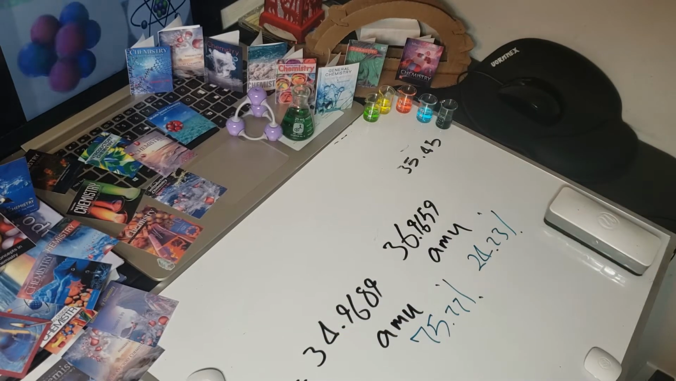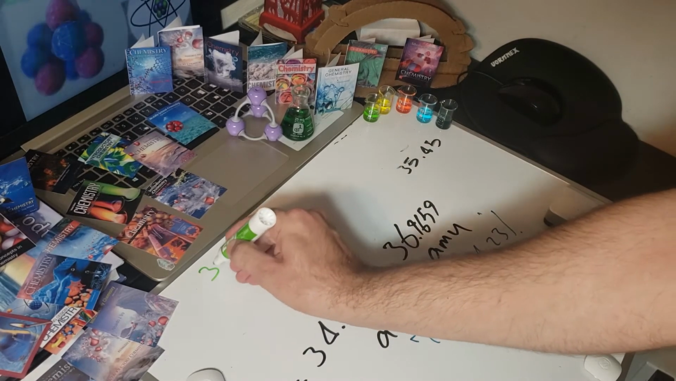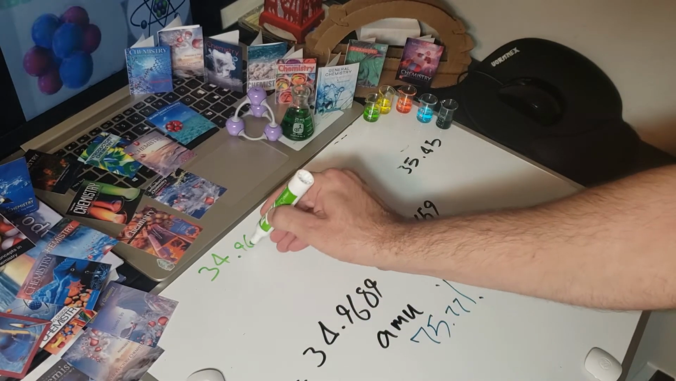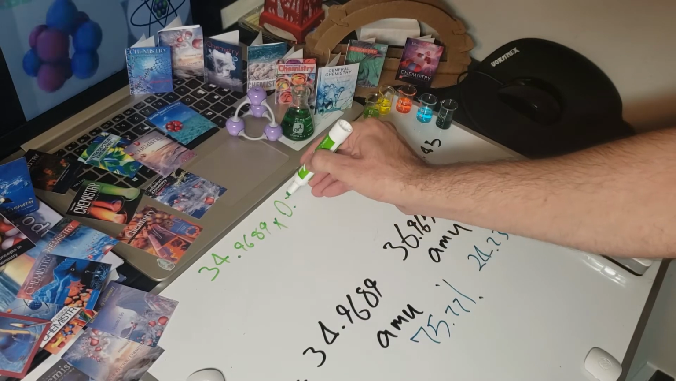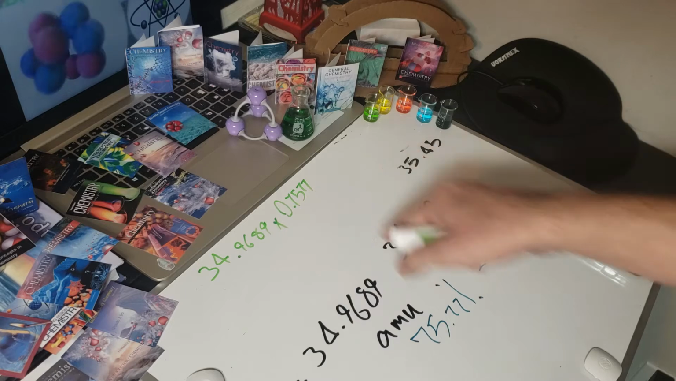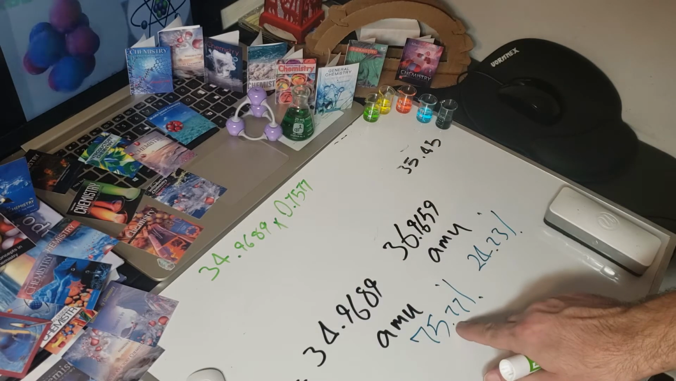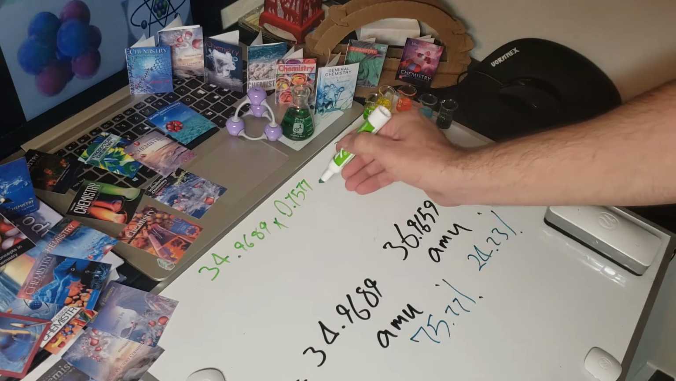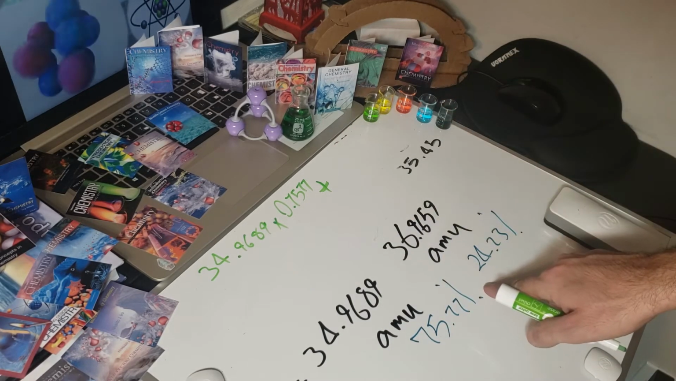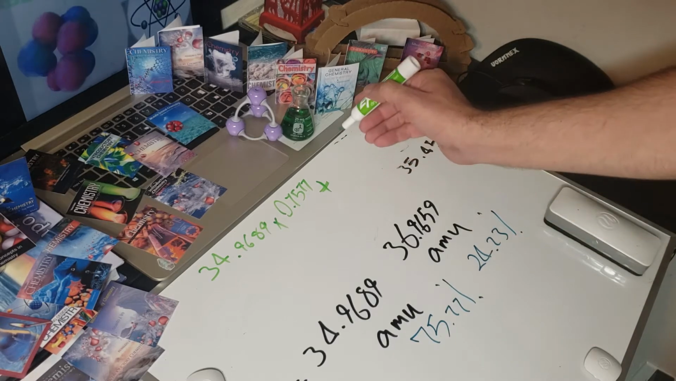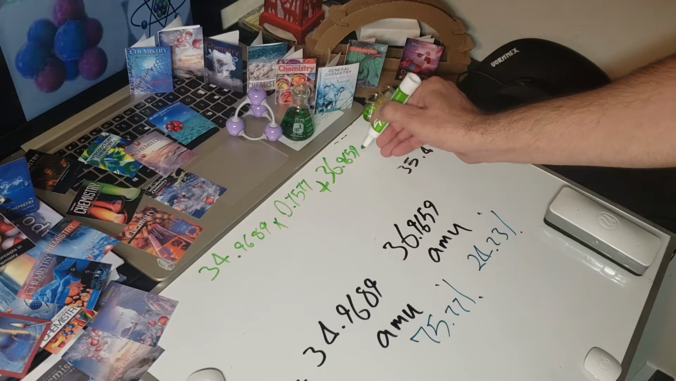Let me get another marker, another color. So 34.9689 times 0.7577, that's the fraction. I just divide this by 100, so actually moving the decimal place two places, plus this times this, that is the mass contribution of the heavier isotope. So that's 36.9659 times